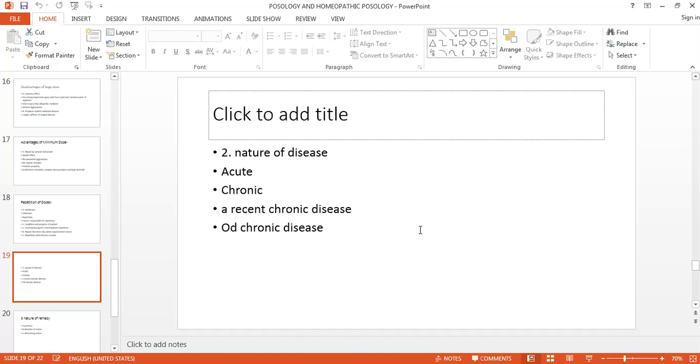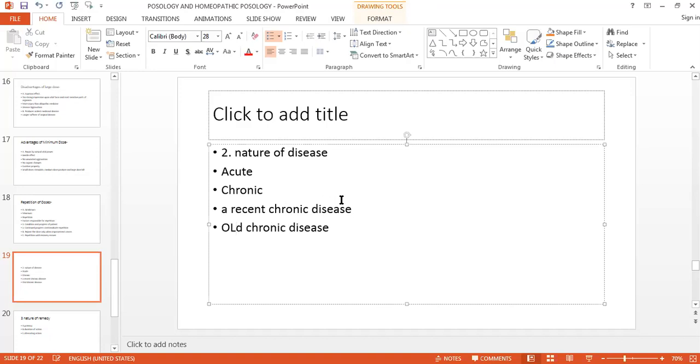But if it is in the secondary phase, again we have to give the lower potency. If you are giving the higher potency in the secondary phase, then this will cause medicinal aggravation, and the advantage we should get from the medicine will not be obtained. The second thing is recent chronic disease and old chronic disease. If it is a recent chronic disease, then we know it is a primary manifestation, so we can give higher potency. But if it is an old chronic disease,